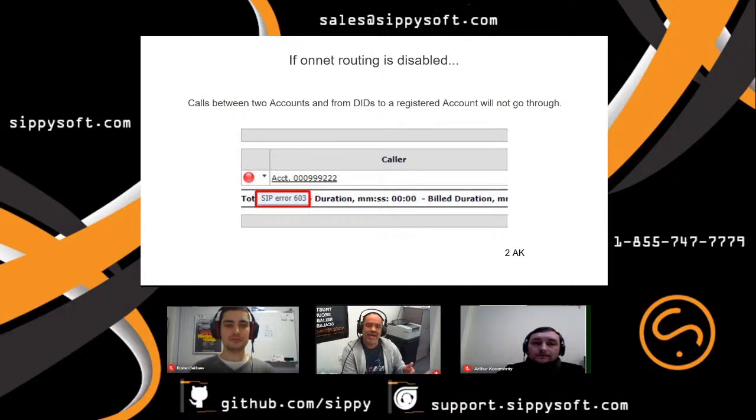So essentially, it's just a matter of selecting the on-net routing ability for the soft switch. So as you can see, while we deal with a lot of issues sometimes that can be quite complex and can require an actual engineer to work on, there are cases, this one for example, where it's a simple matter of selecting the on-net routing.